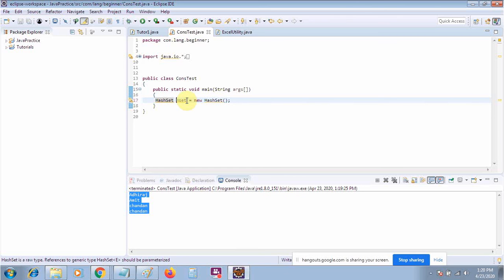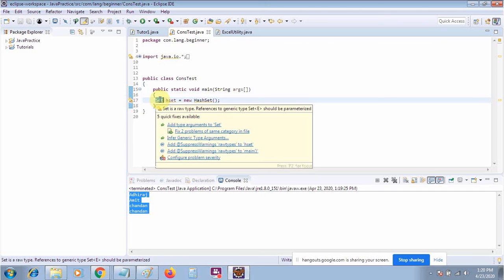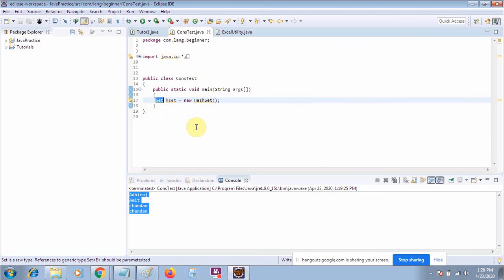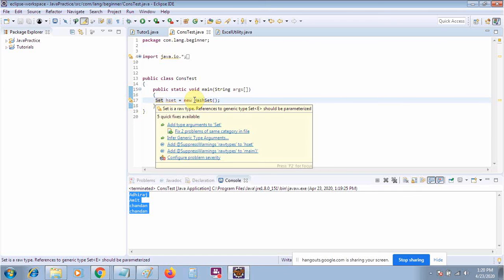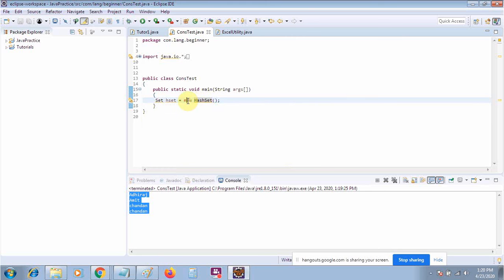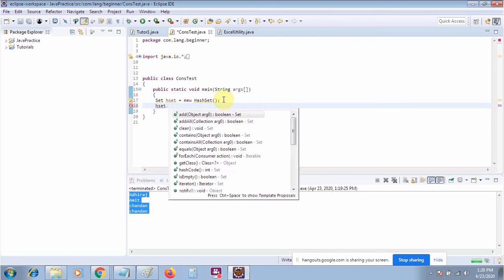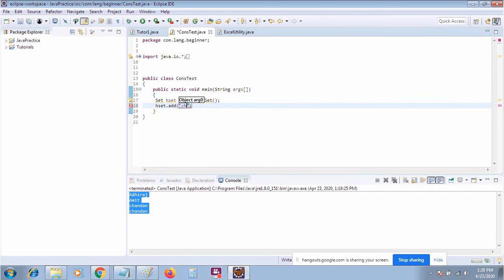In this way, you can either write it by this way or by the other way, because Set is a sub interface of your Collection interface, and HashSet is a class. You are creating an object of your HashSet class. Now you will add some values in your HashSet. So I will say object name dot the add method, and I will add some value like this one.